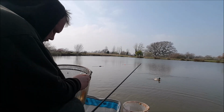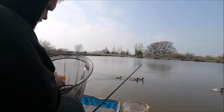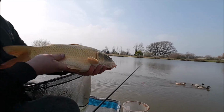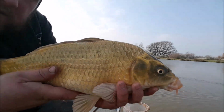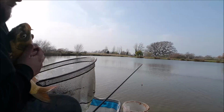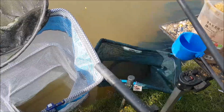A lovely carp, this one. There you go. The colours on that. I get him in the keep net, he decides to batter me. So as you can see,